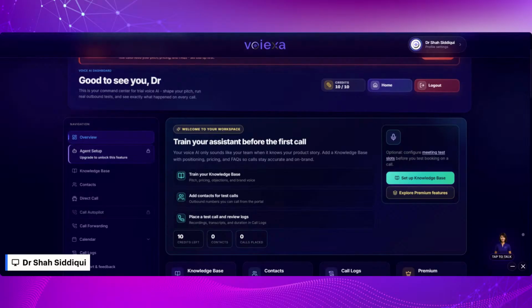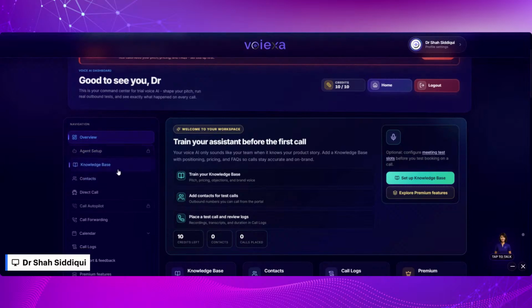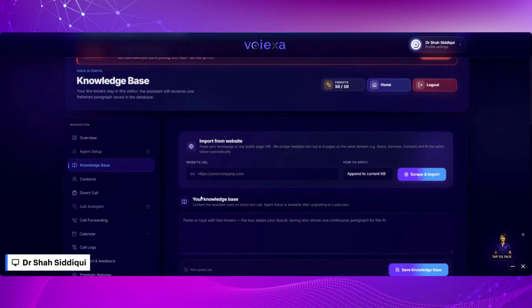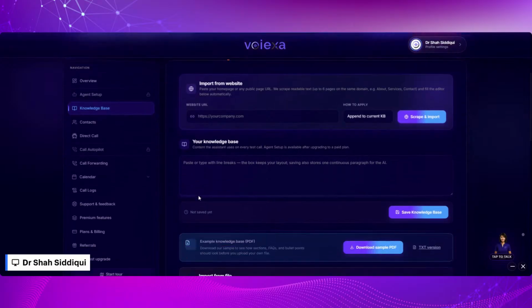But with our trial account, the agent or assistant is already built for multi-purpose, so it doesn't need customization. You can add a knowledge base, and that is the knowledge that you want Voiexa to have to represent you and your business.